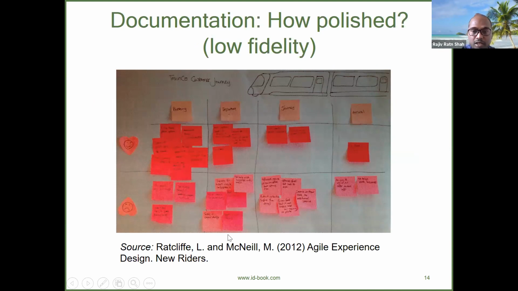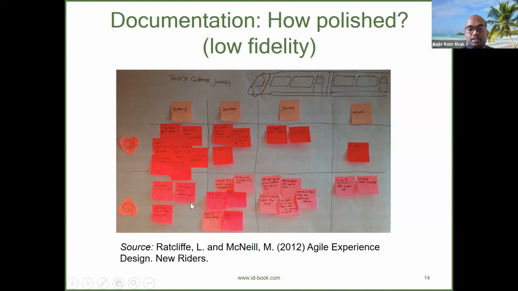So here, you have a train company customer journey. In that case, what are the different components you can think of? One is the booking, then the departure, then the journey, and finally the arrival. So in that case, you have this low fidelity documentation. In case of booking, what all things do you need to document? In case of departure, what all things do you need to document? This documentation will also have the different tasks that you need to perform.